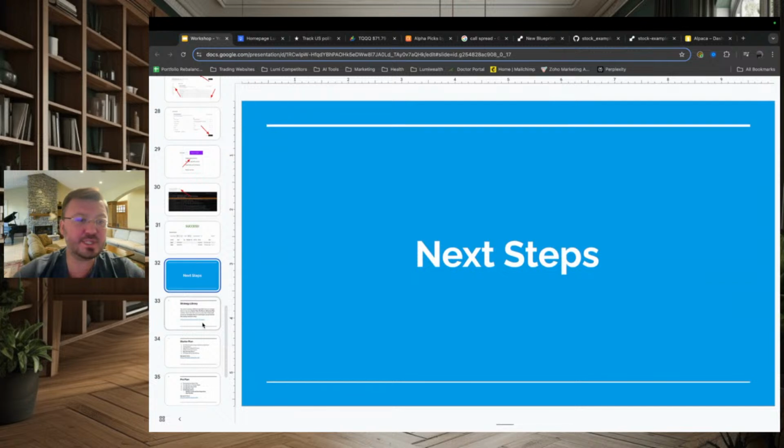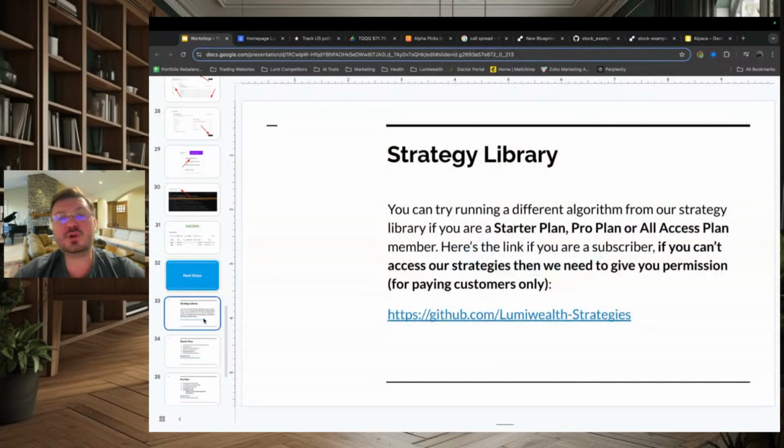All right, so next steps. If you guys want to try running a different strategy, you can go into our strategy library. It's basically the same process. You go in, find the algo that you like, click on that deploy to render button, and then just fill in the blanks. If you want to switch brokers, I would recommend going to our